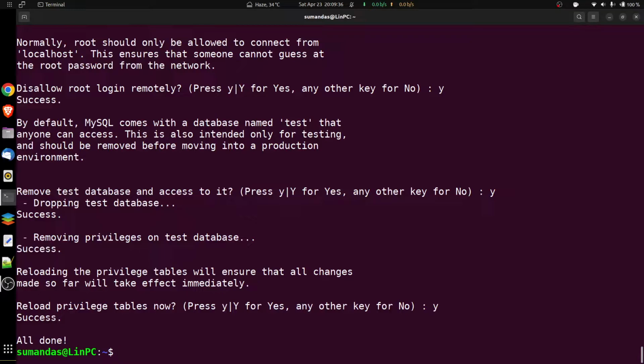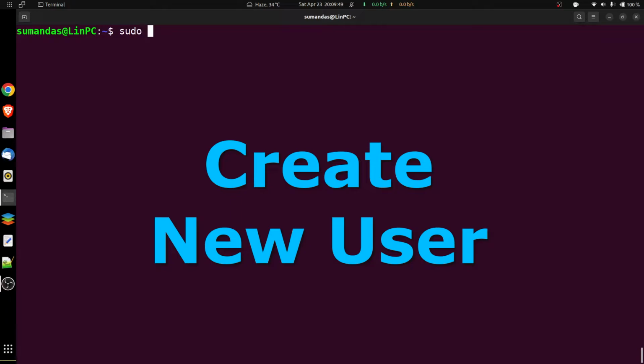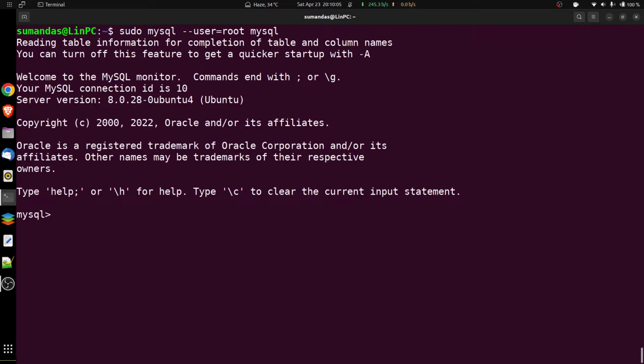So for that we have to type the commands, and before that we are using Ctrl+L to clear the terminal. Then type sudo mysql --user=root, then MySQL. Press enter. Now we are in the MySQL prompt, and to create the user we are typing